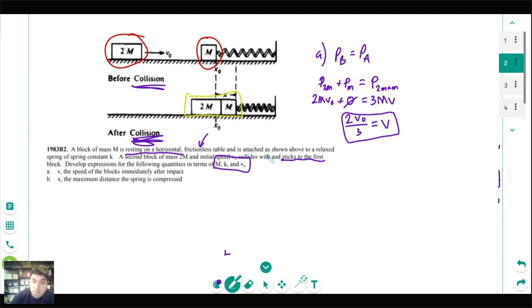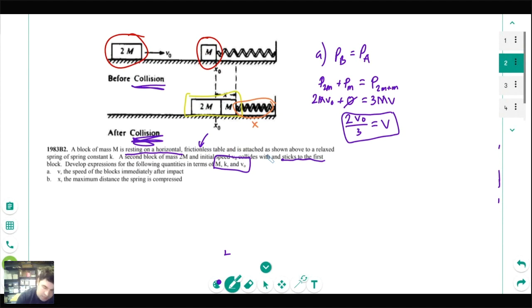All right, so we did part A, P before equals P after, stuff like that coming through. The next part of this question, or the last part, talks about finding x, the distance the blocks are compressed. So now we're looking for the spring. We're looking for something about the x here. That really is not a momentum part. It could be a forces question, or it could be an energy question. In this case, it makes more sense to do it with energy, because I don't know anything about the force pushing on the spring.